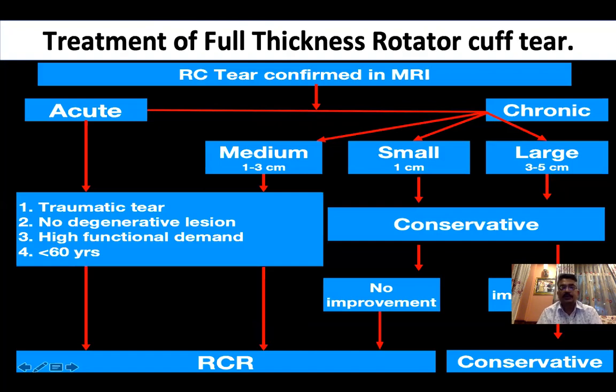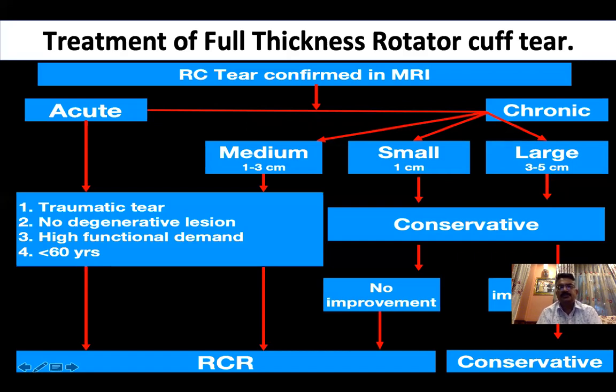So this is the basic algorithm that I use for treating my rotator cuff patient, and most of the literature agree to this protocol. So first of all, when you identify a rotator cuff tear, you just think about either it is acute or it is chronic. Usually there are multiple terms used for acute. Acute are also known as traumatic. Chronic are also known as degenerative. So if it is an acute tear, whatever size it is, either it is a small, medium, large, or massive,